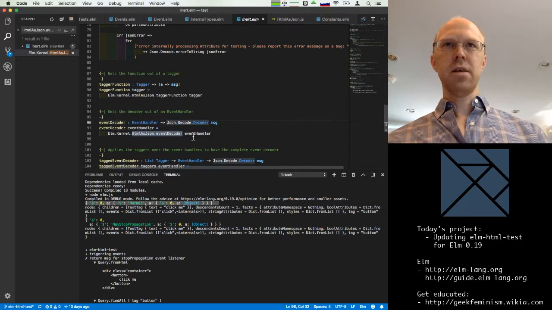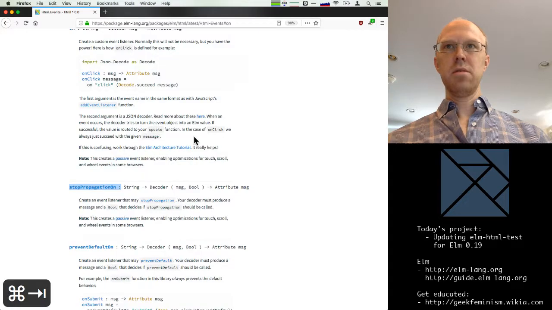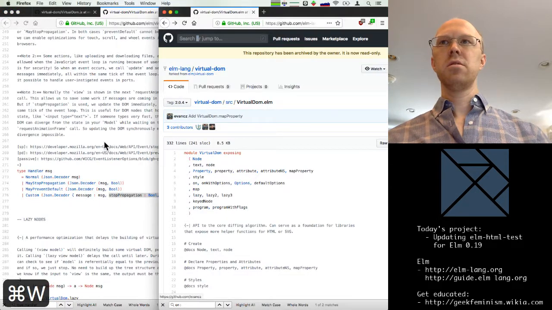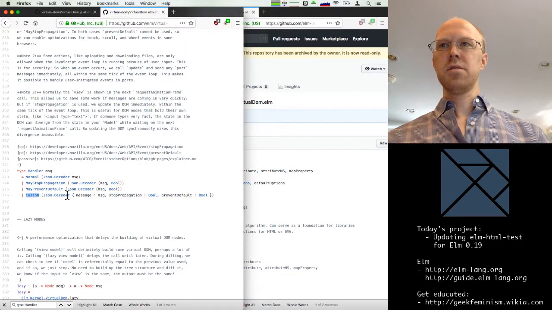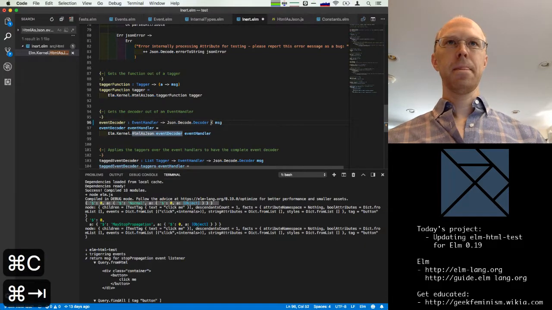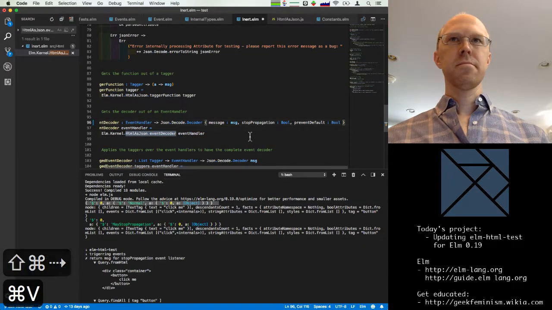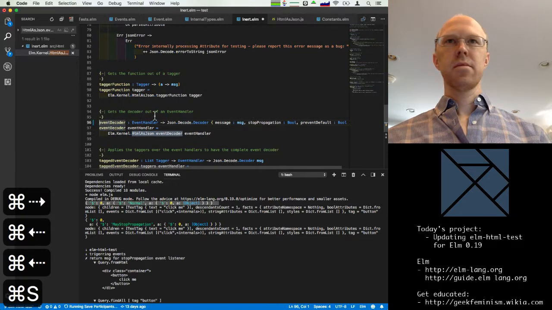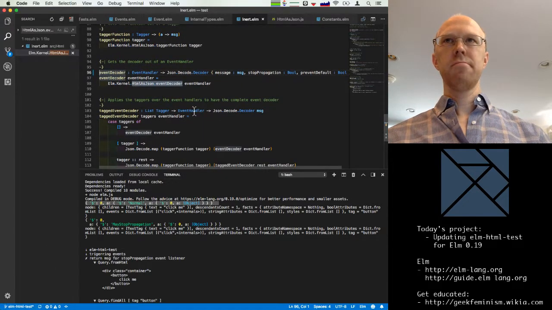So that's fine. What we want to change this to is the most generic version, this custom. So we want this to have this type now.